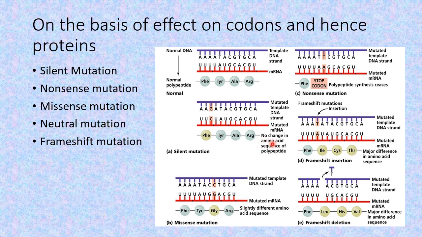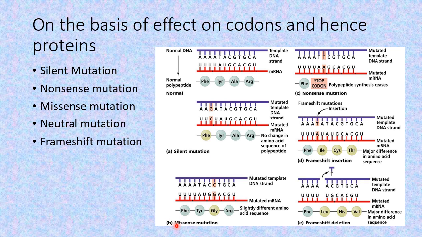There is no change in the sequence of amino acids, although one of the nucleotides has been substituted by another nucleotide. So this type of mutation, because of which there is no change in the amino acid sequence in the polypeptide, which is not expressed phenotypically, is referred to as the silent mutation. Phenotypically means in the form of proteins. Over here I mean that.